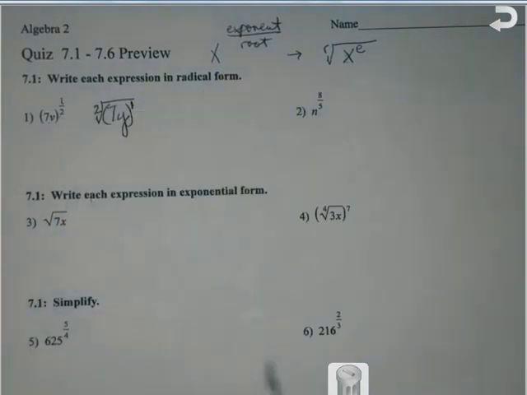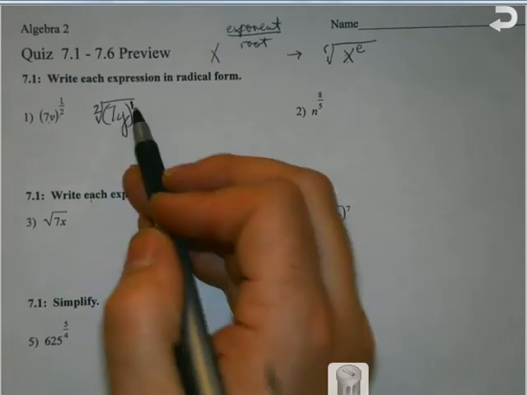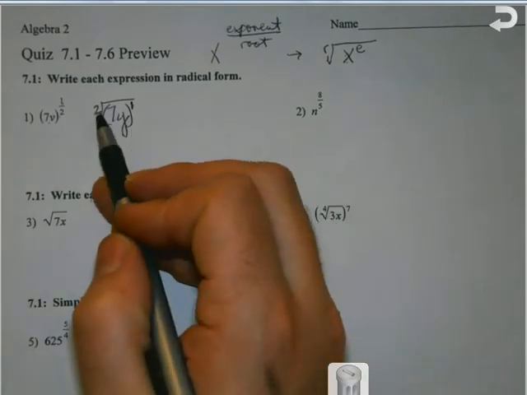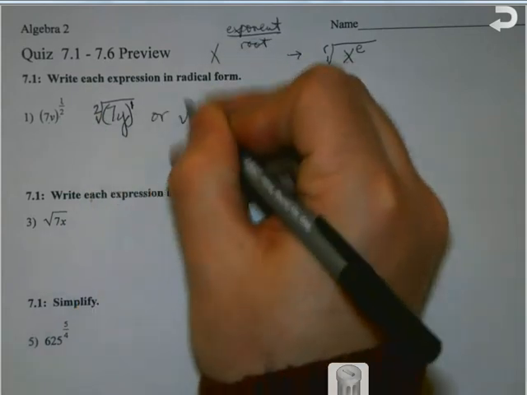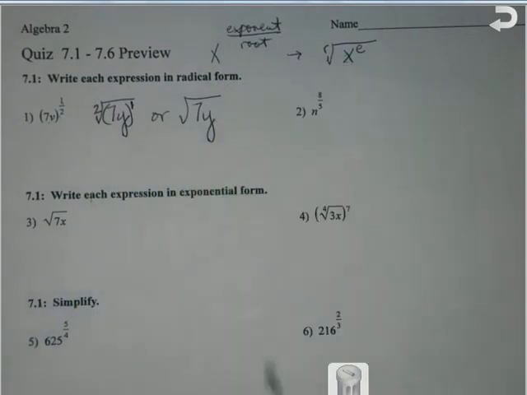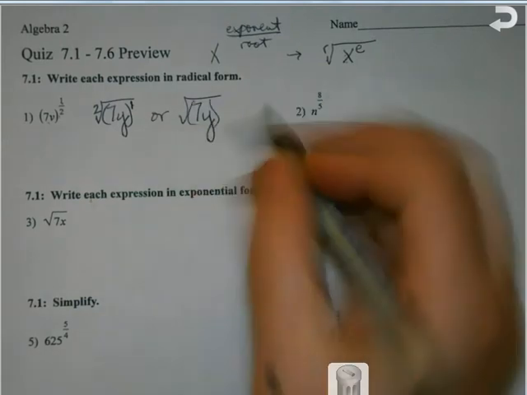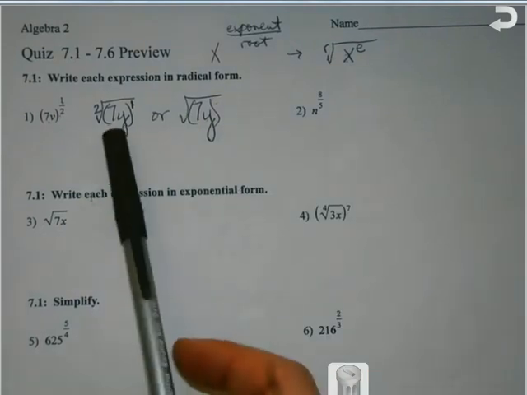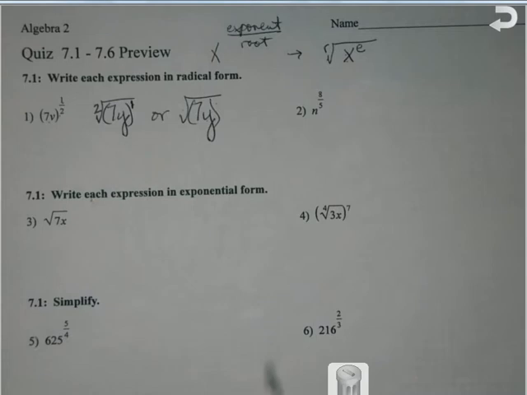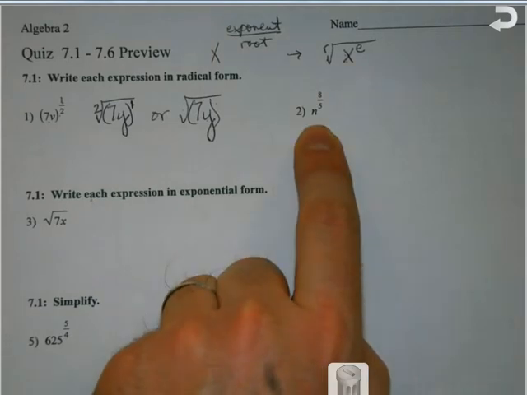Now, some of you may be wondering at this point, well, wait a minute. I thought we assumed the exponent was 1. I thought we assumed the root was 2. So do I even have to write those, or could I just write it like this? Either one's acceptable because they're telling me the same thing, because you're right. We do assume this has an exponent of 1 and this has a root of 2. So if it's those two, you can do that. But if it's numbers, it's a good habit to be doing it this way. Speaking of that, if we look at number 2,